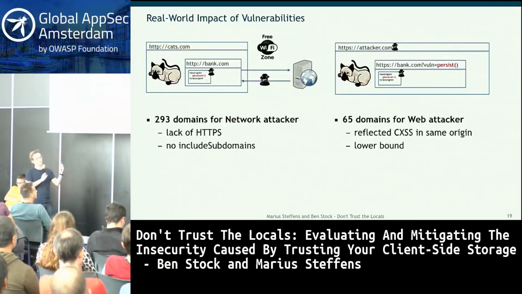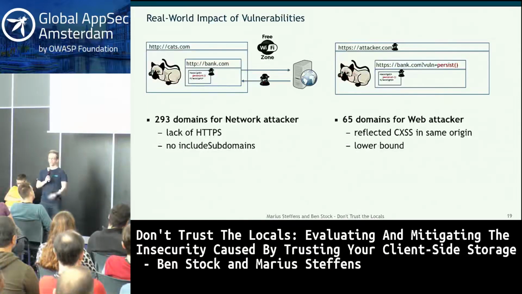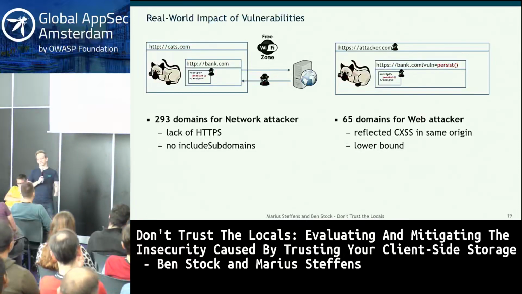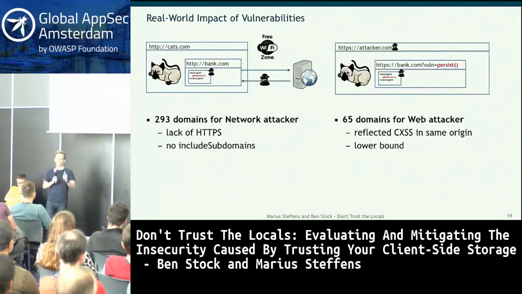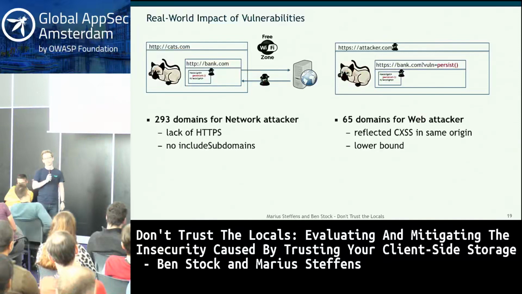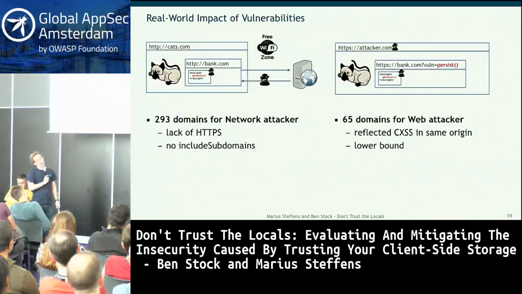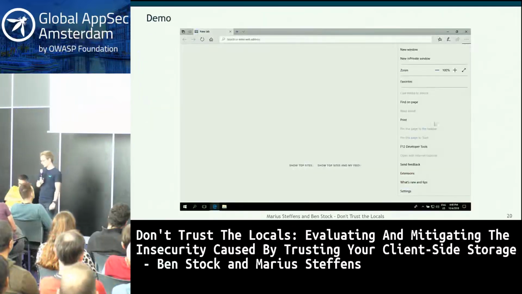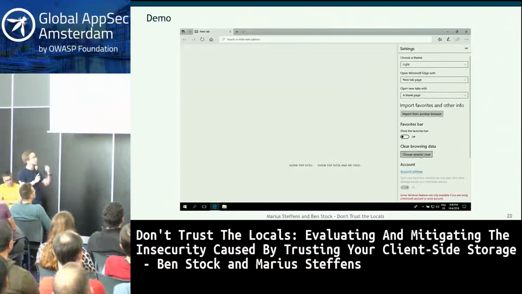Now, obviously, these are lower bounds because we only scan for that particular type of XSS. And if you trust the reports, I think it's Whitehat Security reports, which indicate that every third application has an XSS, this is a lot more severe. Also, you only need an XSS once in your lifetime if you have a persistent XSS to have an attacker plant the payload persistently in your web application. And let's be honest, at some point a web application will have an XSS. That way, this is the infection vector where the attacker can permanently get a foothold in your application. And now I'd like to show you a little demo of how such an end-to-end exploitation might look.